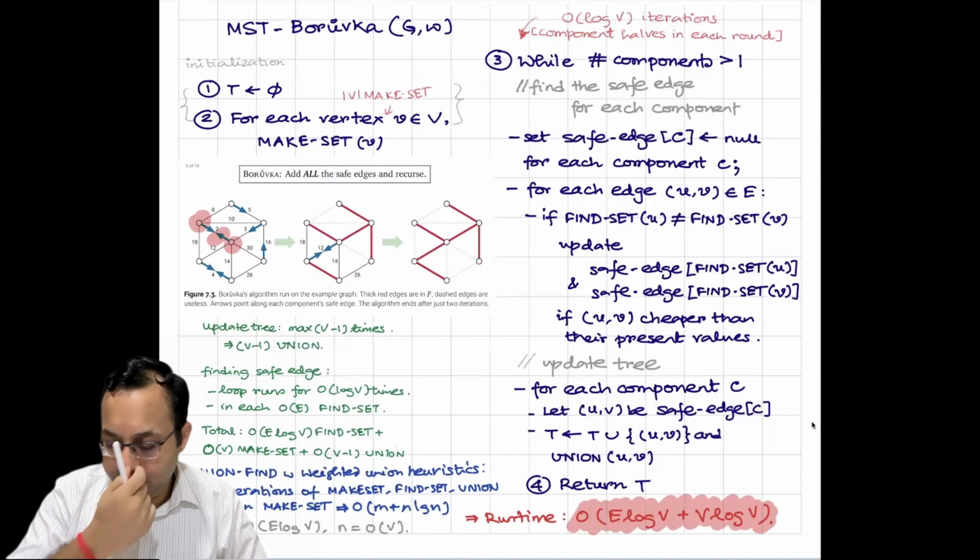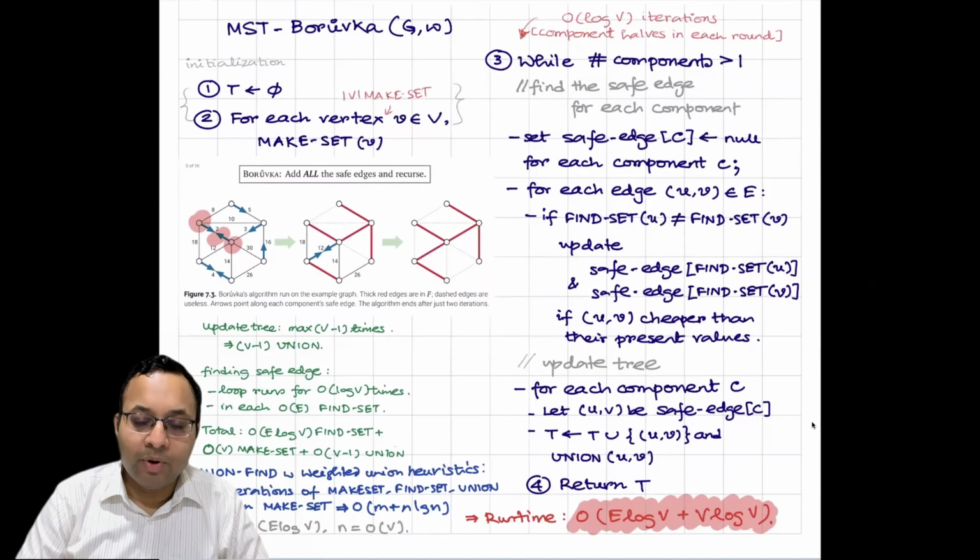And we'll show that in each iteration of this loop, the number of components halves in each round. So it will take at most order log V rounds. Now in this loop, first, for each component, we try to find the safe